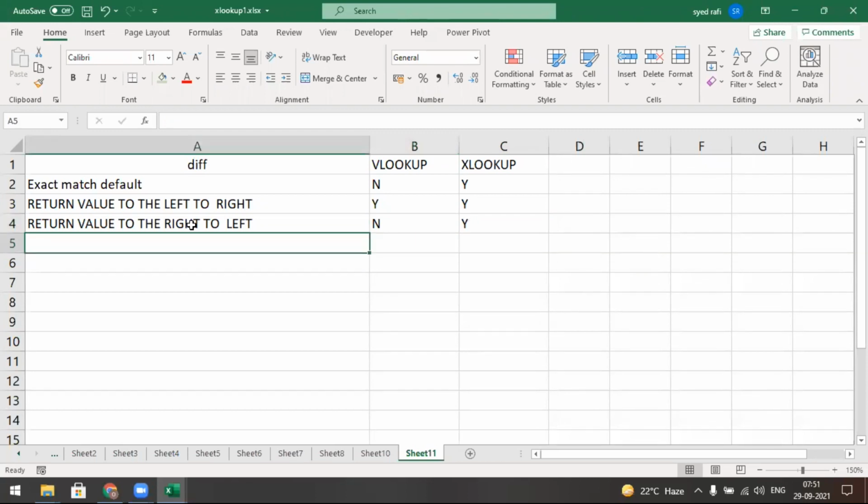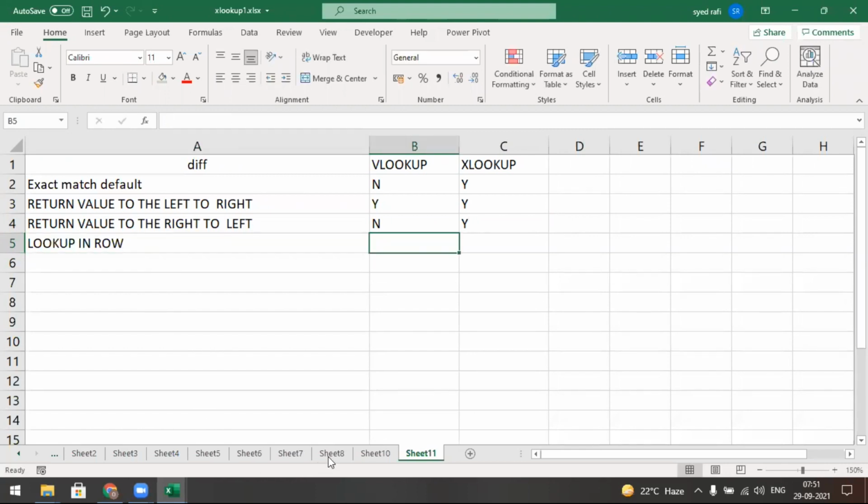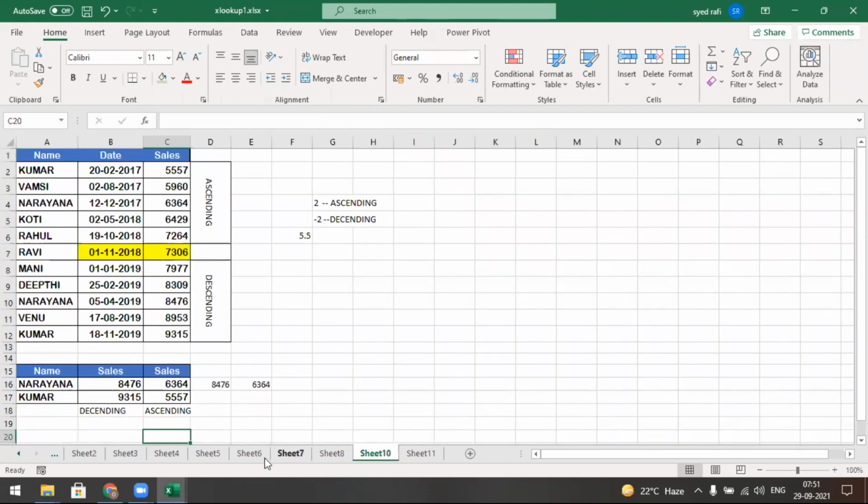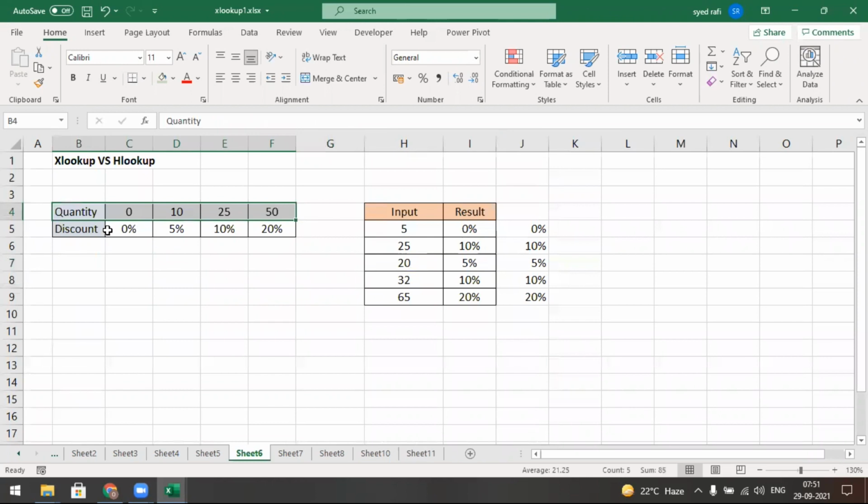Next one is lookup in row. We applied it recently like this; we look up in the row data. In VLOOKUP we may set the selection in this direction, but we apply only HLOOKUP in this direction.